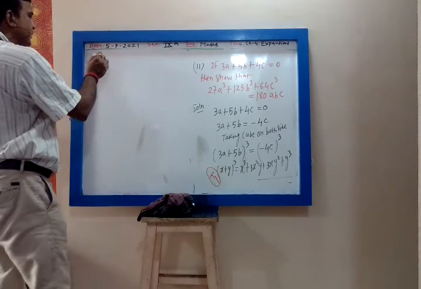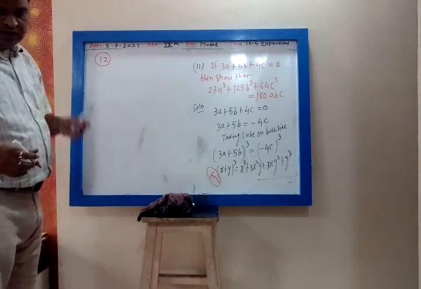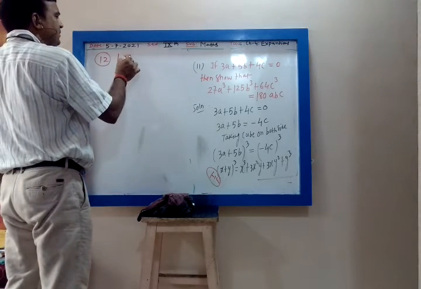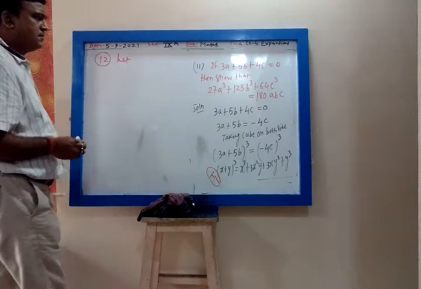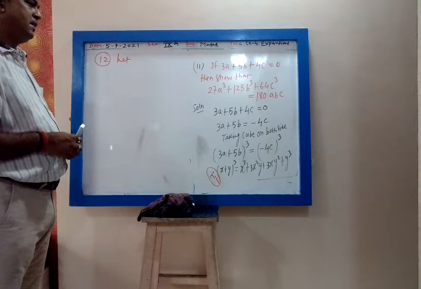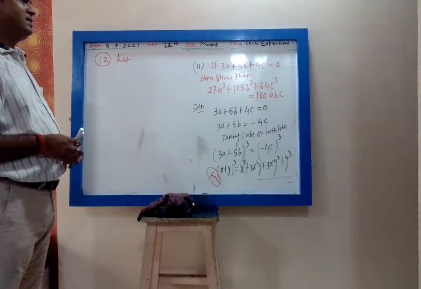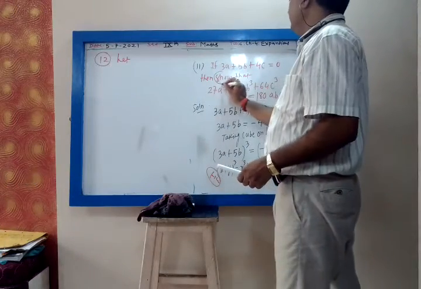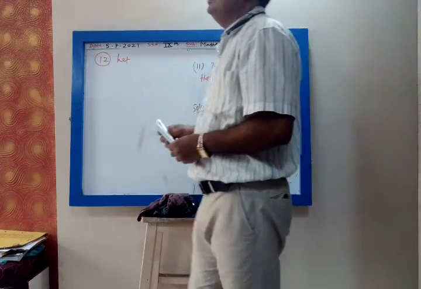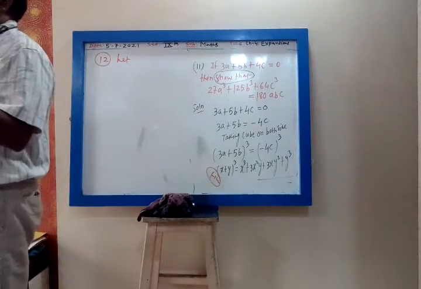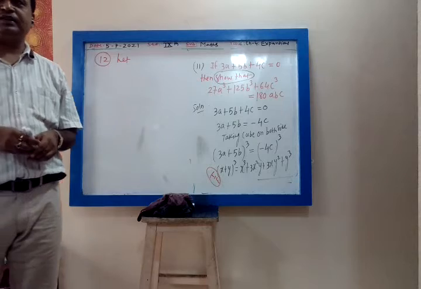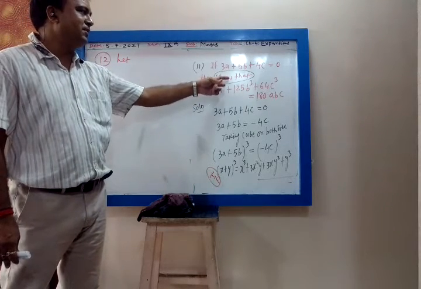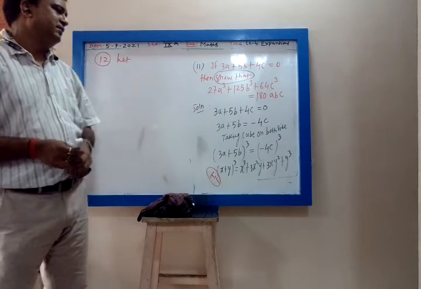Then 12th. I am not writing it in the wording. The sum of two numbers is 7. See, my dear, whenever it is asked to show that, then you cannot use that result directly. Whenever it is asked to evaluate using the result, then you can use that result. Understood? Whenever it is show that, it means don't use that result, because that is the result you have to prove.